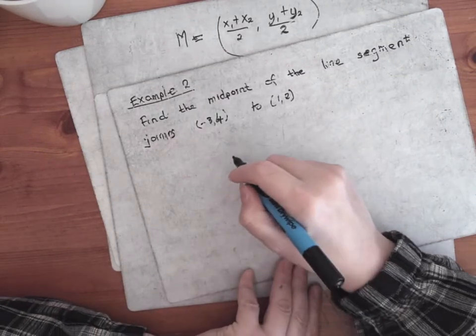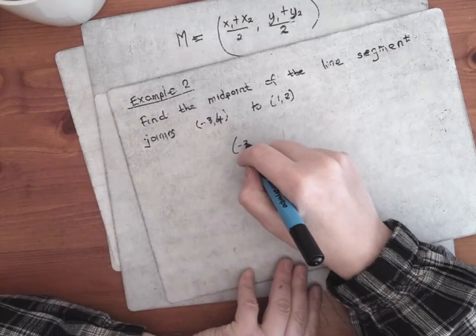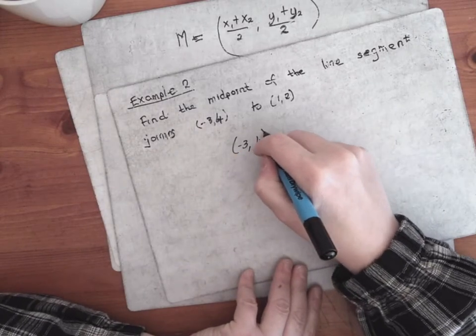Okay, so you take a point minus 3, 4 and you take the point 1, 2